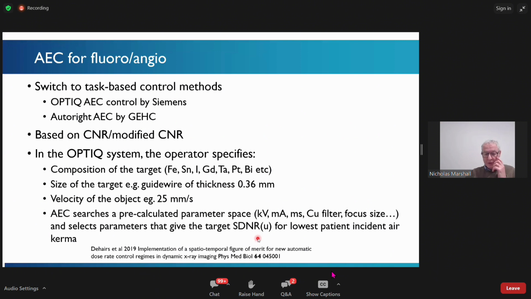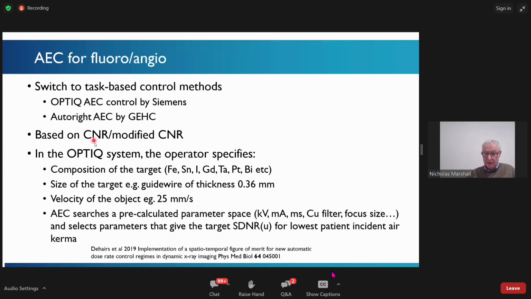I mean, since we were writing the protocol, manufacturers have started to release new systems where they have these task-based control methods, where, for example, the system is measuring or estimating what the CNR would be, the contrast to noise ratio, or a modified version of that, and then setting the X-ray factors required to achieve that contrast noise ratio. For example, Siemens have the Optique, and GE have Auto-Write, and in the Optique system, the operator specifies what